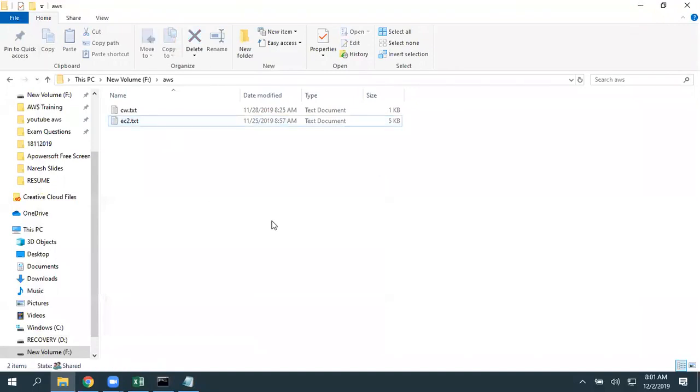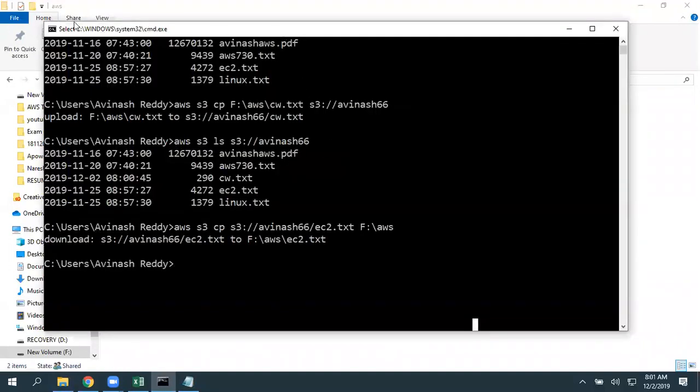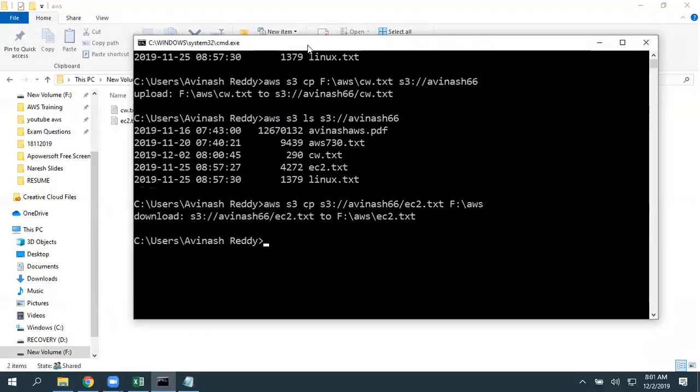ec2.txt is there. And we have a command like sync. We use this command most frequently, for example, if you don't want to use services like DataSync. We have a dedicated service to maintain synchronized data between AWS S3 and our on-premises.